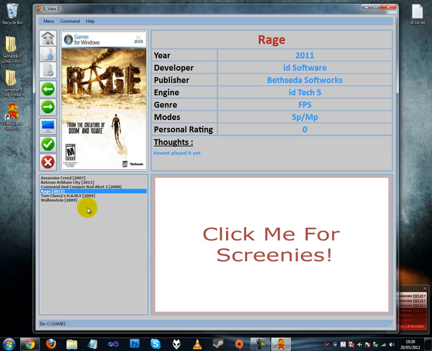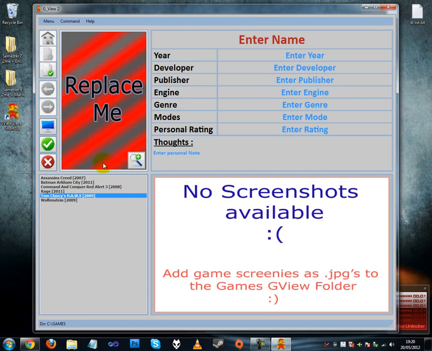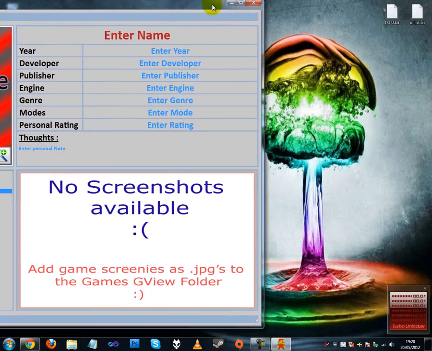Viewer, and once Game Viewer realizes, as you click on them, that there is no Game Viewer information, it will ask you to add a new game. There we go. And would you like to add a new game? Of course. It will replace the game cover with a template, as it will with the XML and the screenshots. It will automatically put you into edit mode, so we will get started now with adding information for Tom Clancy's